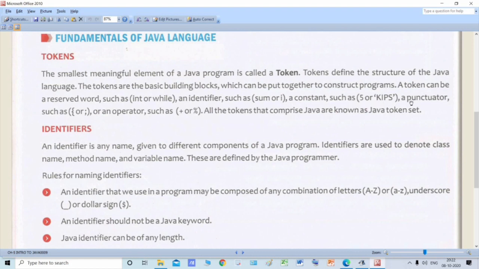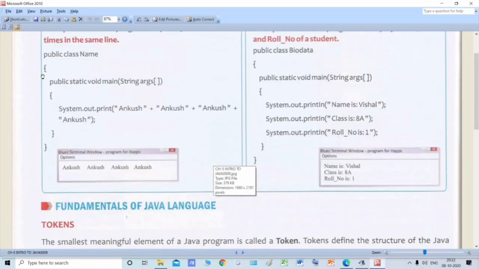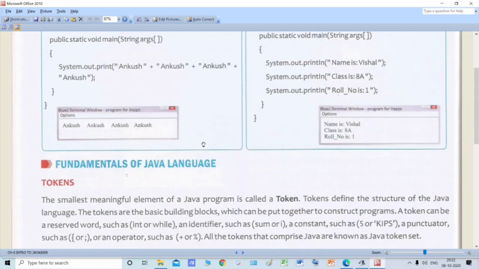Then a punctuator such as these curly braces or this semicolon. See, in this particular program, this curly brace and this semicolon that is used to terminate the Java statement, these two are the punctuators.